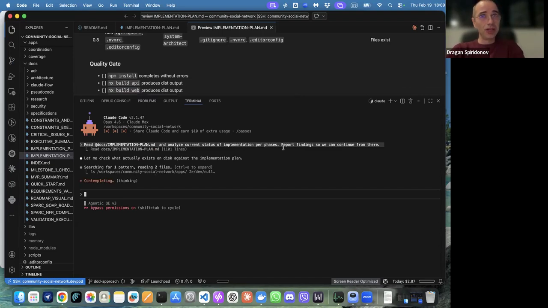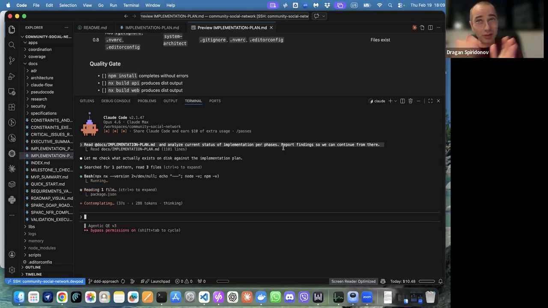There is always the original plan. There is a status. I can ask it to look at the git diff between the last commits, or the last 3 or 5 commits that we did, to check the changes that we made. But this is really grounding Claude right now inside the implementation plan, so it knows what to assess as done and what the next phase to take on is.